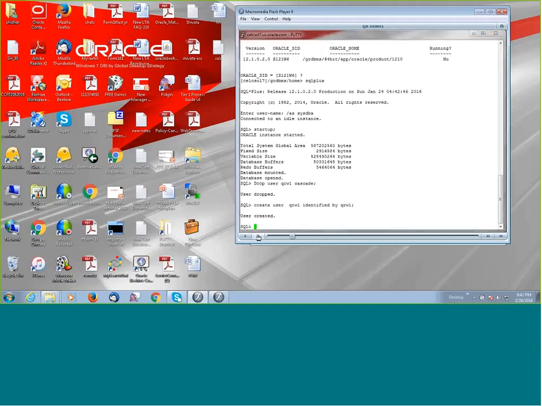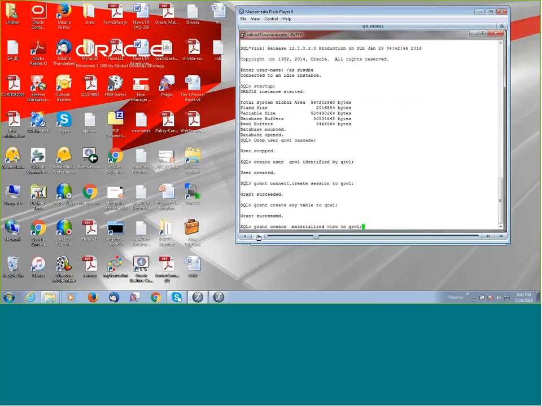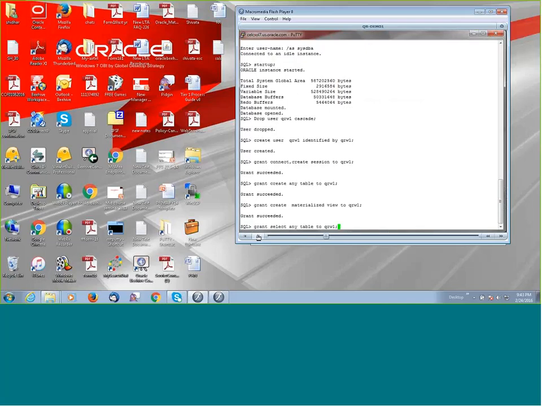I'm creating a user with name QRW1. I'm granting the basic privileges, that is connect and create session, to this particular user. Now grant create any table to the user. This is a privilege that is specific to materialized view creation. And grant create any materialized view to this particular user.